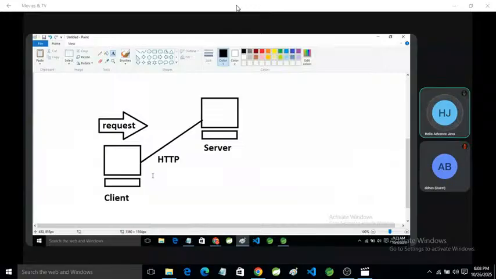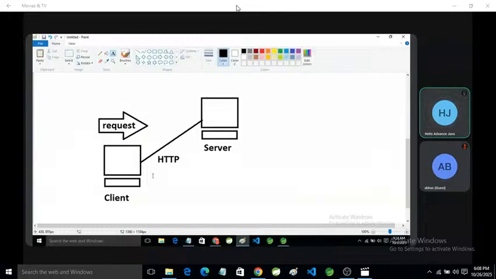But suppose you send a request for a dynamic page. Dynamic pages do not exist in the server. The server develops that page at runtime, at the request time. If a user sends a request for any dynamic page, the server develops that page, provides it to the client, and the web browser displays it on the screen.